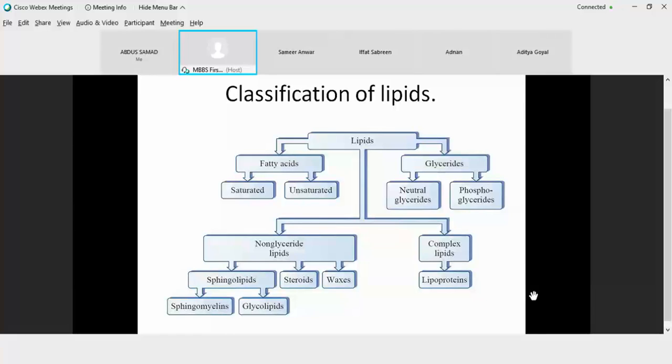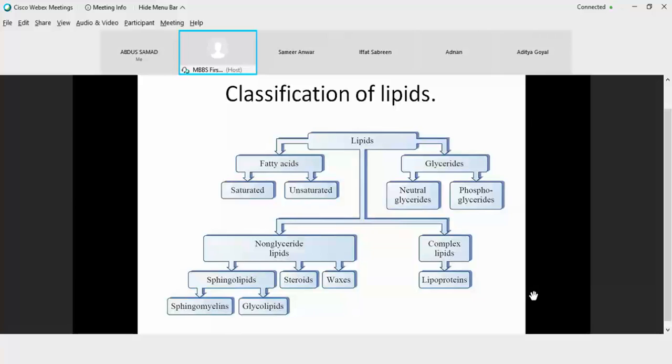Similarly, for the non-glyceride lipid, you could have a sphingolipid. Sphingomyelins or sphingolipids that we are writing here are also phospholipids because they may have a phosphate attached, but at this point we are not talking about this class. We say they are sphingolipids because of the backbone classification, that instead of glycerol we have a sphingosine. Sphingomyelins have a phosphate residue: sphingosine plus fatty acid plus phosphate, to which a choline is attached, forming a sphingomyelin.